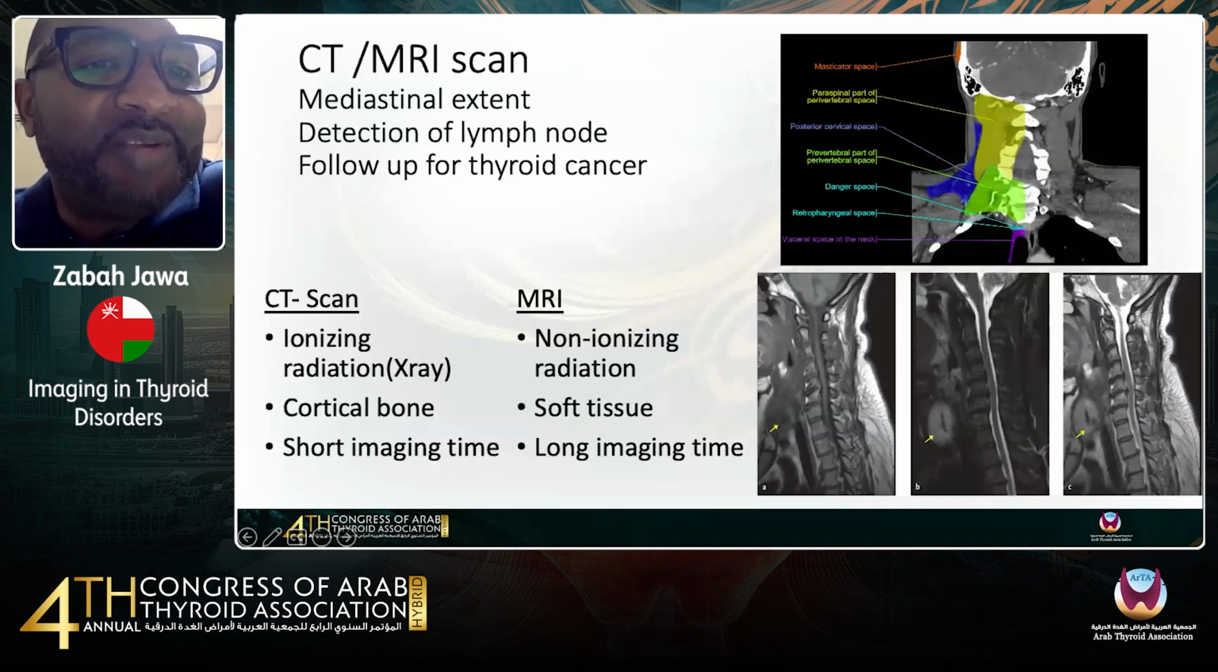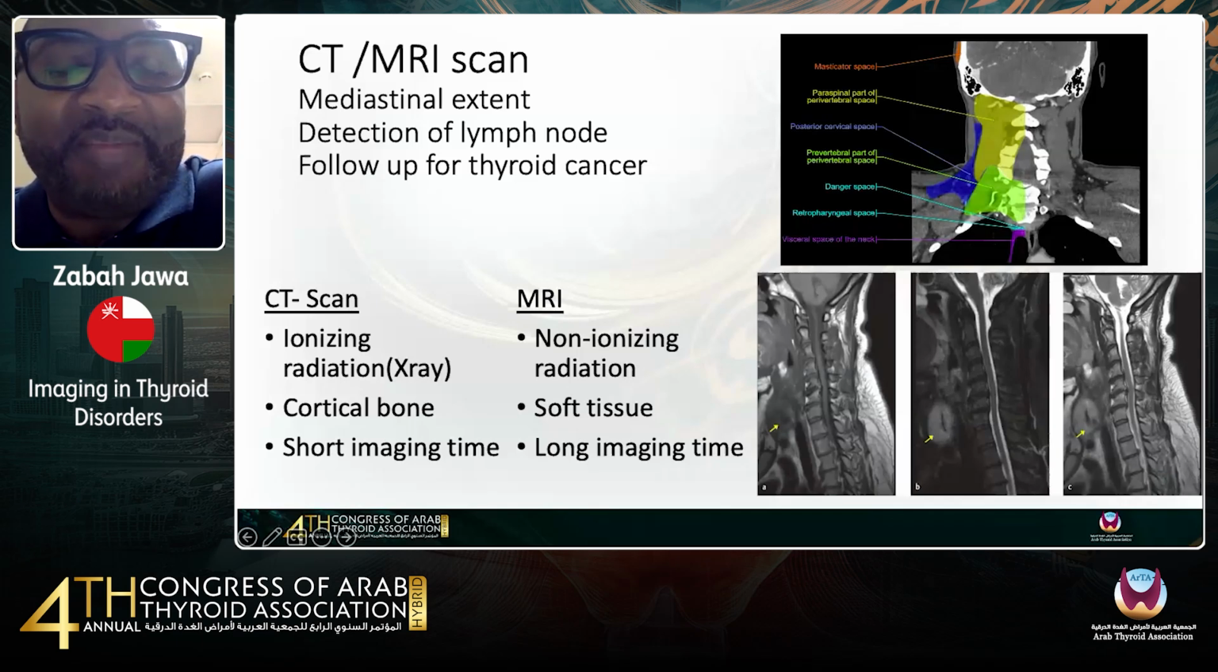CT scan provides you with a very good view of cortical bone, and therefore you can assess bony structures much more than with MRI. MRI looks more at soft tissue. One of the drawbacks of MRI is its long imaging time, while CT uses a short imaging time. So these two important cross-sectional imaging modalities are not used primarily for imaging thyroid disease, but they play